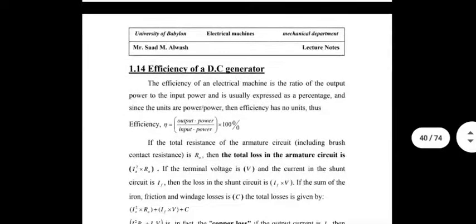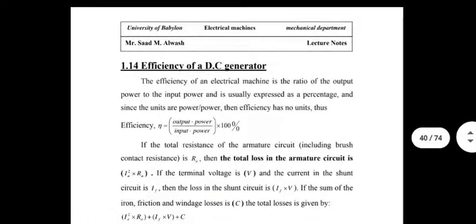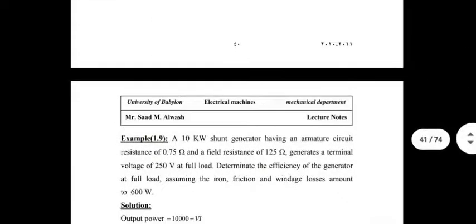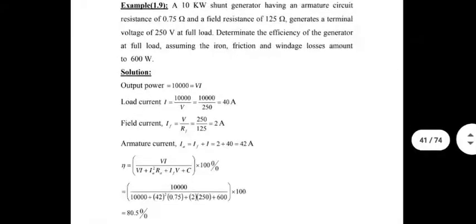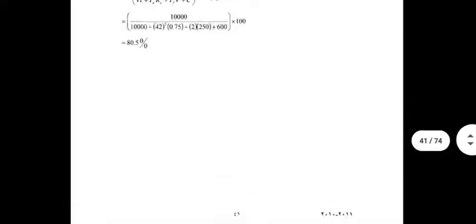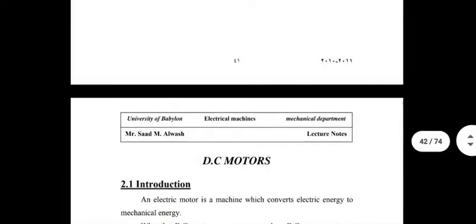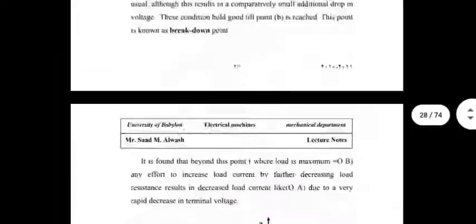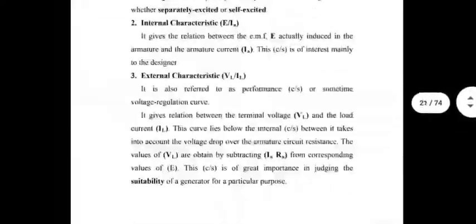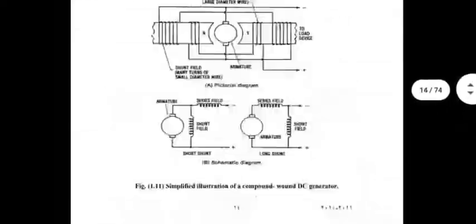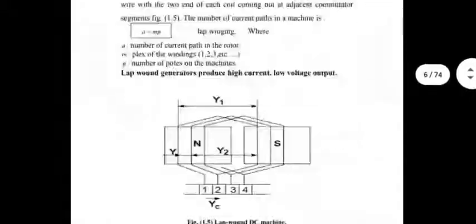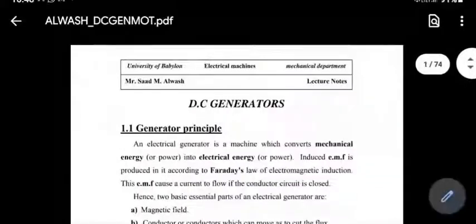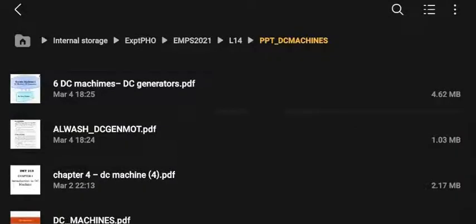Efficiency, I have already told you about. It is output power divided by input power and the result multiplied by 100. We will be doing numerical calculations on that soon. Okay, there are some numerical problems here. I will probably avoid them. I'll go to my own. DC motors I'm not going to discuss today, but this document also is going to be useful if you keep it with you.